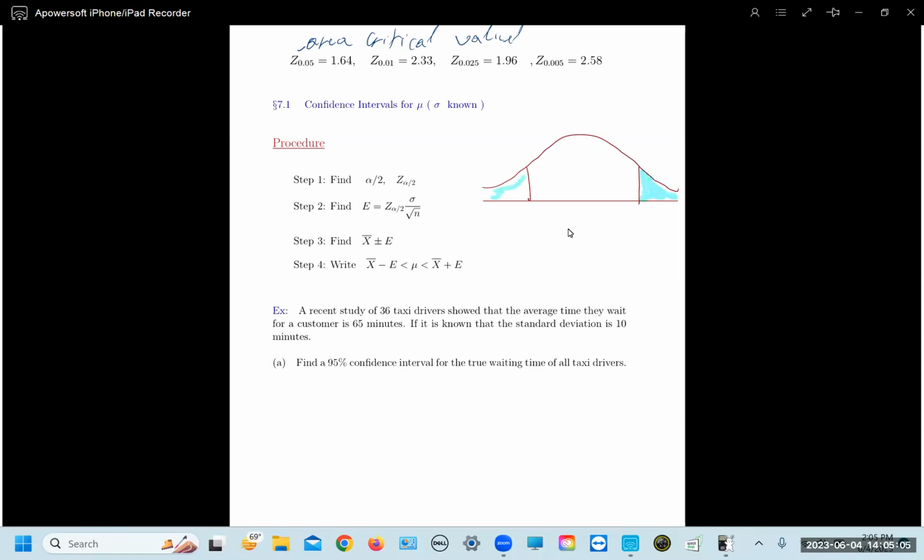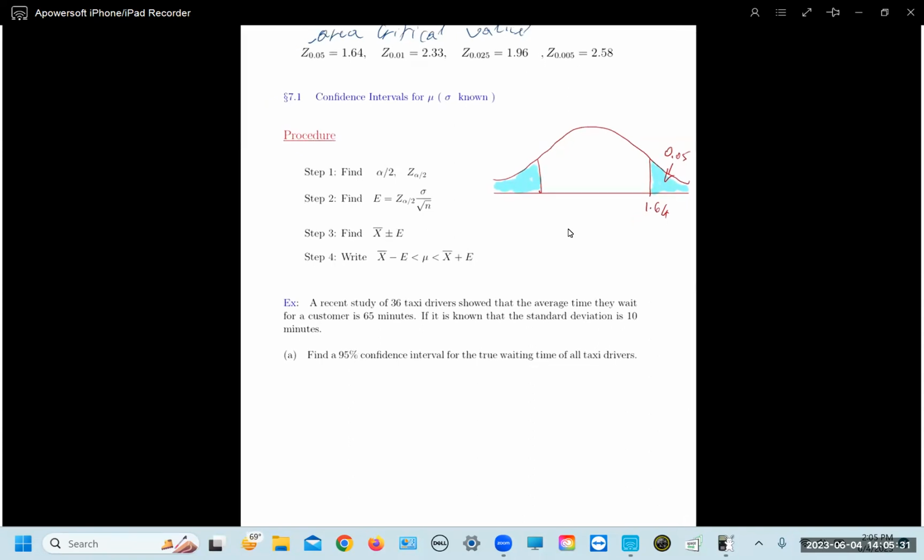And so this one is 1.64, and this one is 0.05. So as we know, we can say this one is